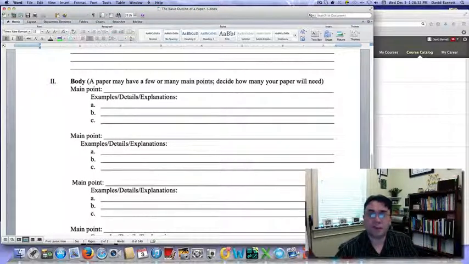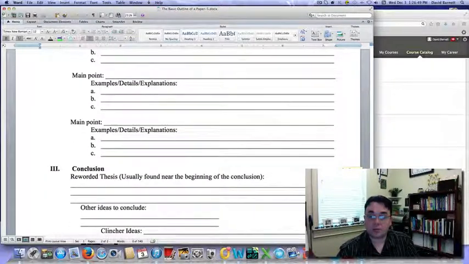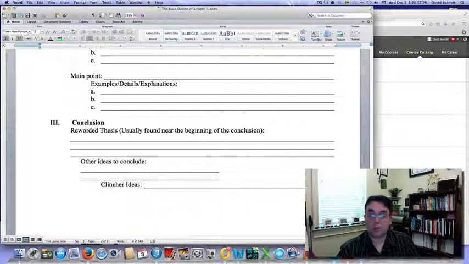So basically, if you follow this format through your entire educational career, you will create really good papers. This is a great map for you to always print and keep. I want you guys to have this so it'll guide you through the paper writing process. It's a great guide. It'll serve you well. And then of course your conclusion, you reword your thesis in a different way, and you conclude, and that's it. Then your paper's done.